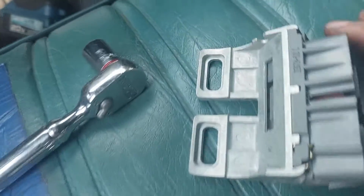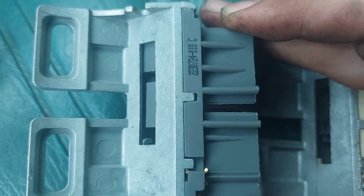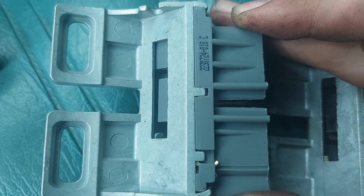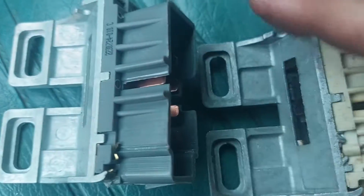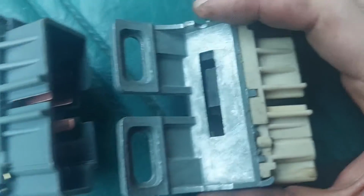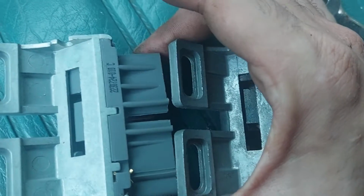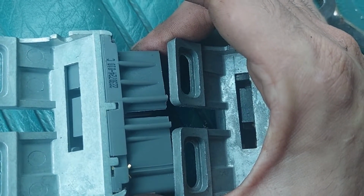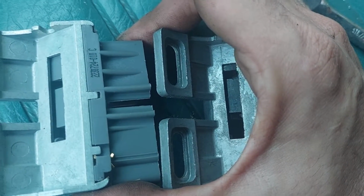So if we compare these, the long metal push rod that sits on top of the column is going to connect in to one of these positions. And looking at it, I can see they're not in the same position right now. See that? But I can move that with like a screwdriver. And I bet that if I move it,